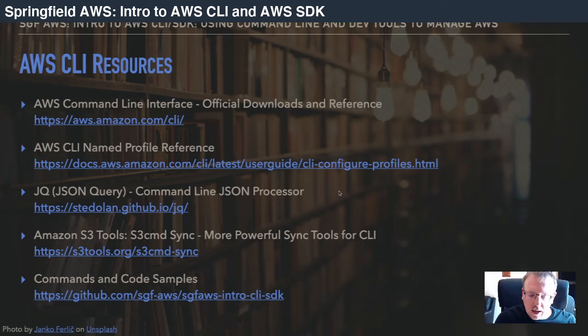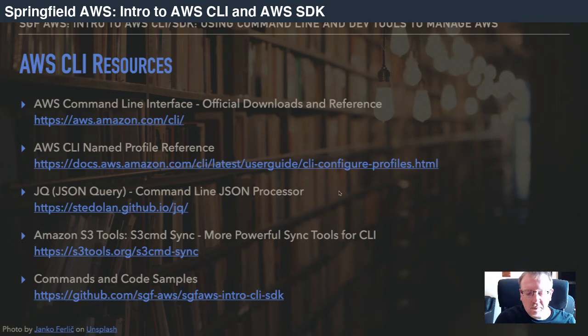And then we didn't cover this today, but I wanted to mention it. It definitely deserves mentioning. As someone who's used the command line tools quite a bit, one thing that I feel is lacking with AWS command line tools that is filled elsewhere is the S3 syncing features. So if you have a local folder full of many files and you have a bucket that you'd like to keep in sync with that folder, AWS command line does offer some sync features, and I know that they've improved them, so maybe they're up to par now, but I've been in the habit for years of using